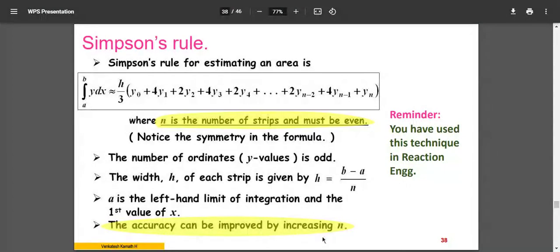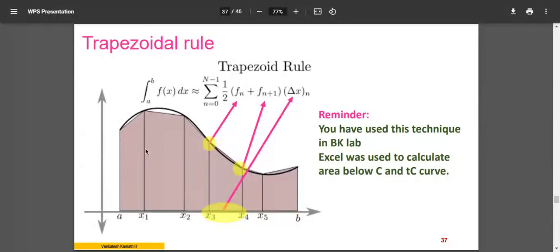Accuracy can be improved by increasing n. This is a key term here, and a kind of objective type question could ask how to improve the accuracy. You can increase n, the number of segments; you can add more lines. In the last graphical explanation I told you that you can improve the accuracy by adding more lines in between. Your calculation increases and the number of terms increases, but you will get more accurate results. The errors are reduced, which means accuracy will be more. You can do that by increasing the segments.